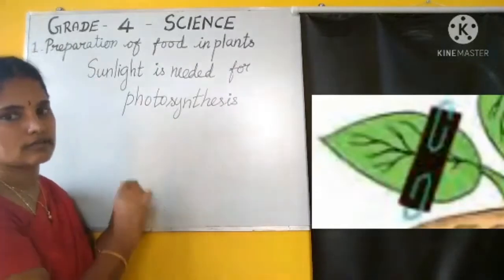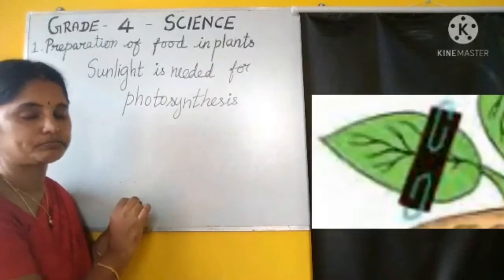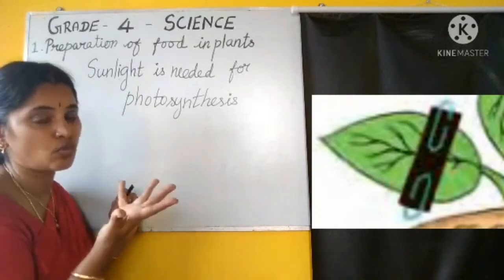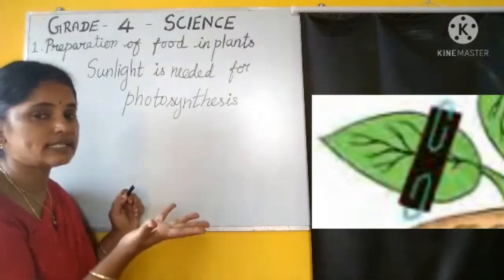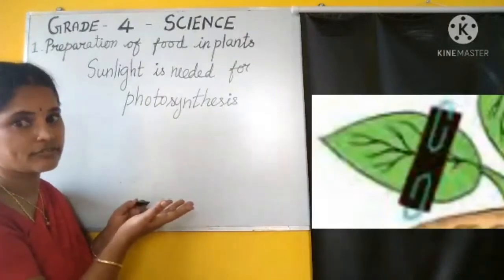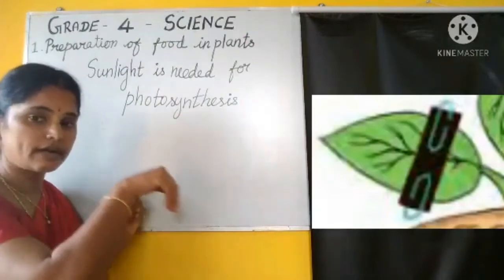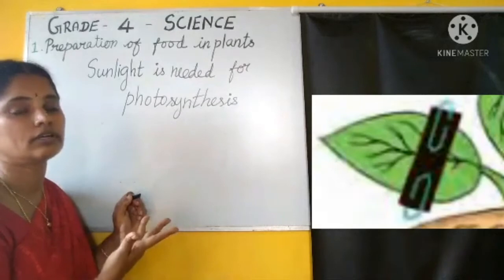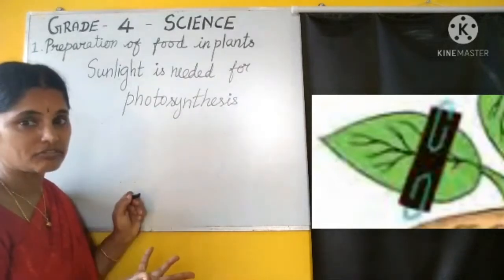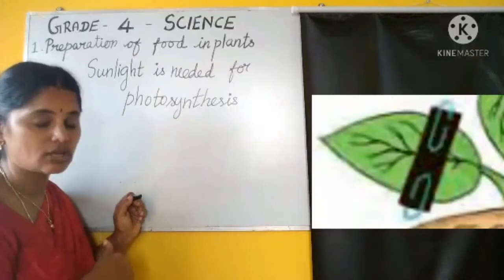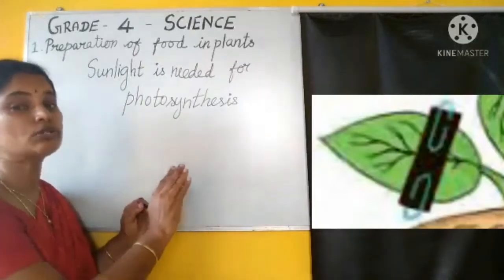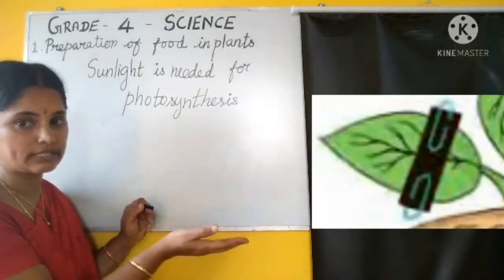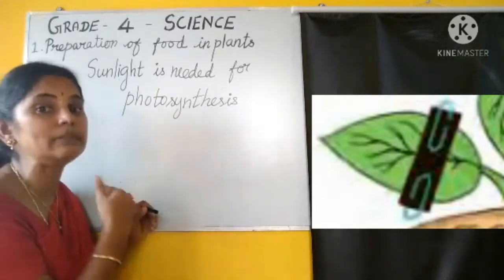So we took that covered leaf. But for doing the starch test, the potato is white in color, we added iodine, and we clearly saw the blue-black color. But look at this leaf, the leaf is green in color. If we add iodine also, whether the blue-black color comes or not won't be clear. For the clarity of our result, we are going to remove the green color from the leaf. To remove the green color from the leaf, we call that process bleaching.